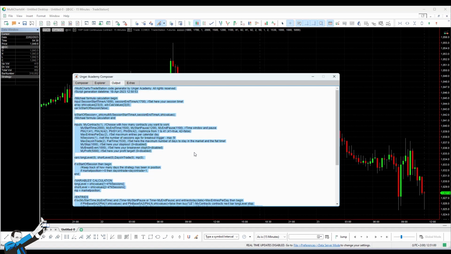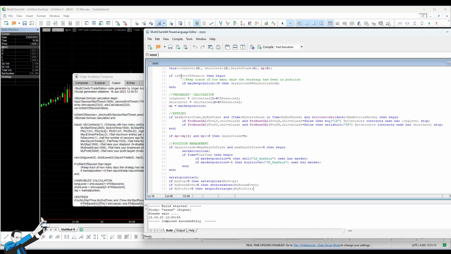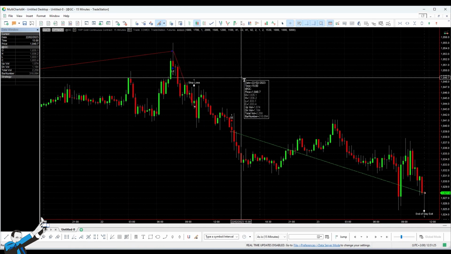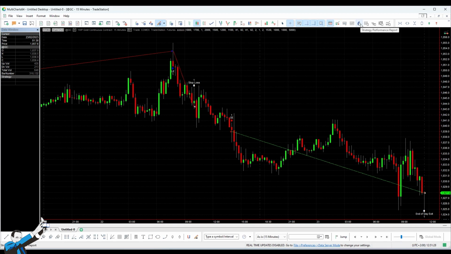Now we don't need to understand every single line of this code. We can just simply copy and paste it into the PowerLanguage Editor. Okay, so let's go and open a blank sheet and then copy and paste it. We compile the strategy and simply insert it into our chart. Now, for the sake of simplicity, we've already included it here. So let's go and see what the results of this trading system are.